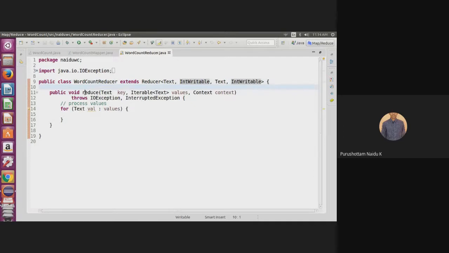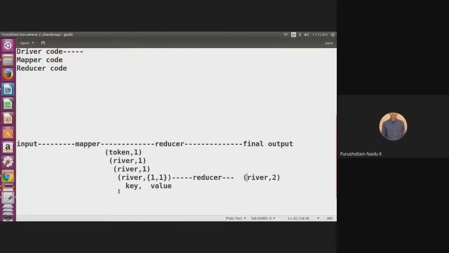Now coming back to the reducer class, we have the method called the reduce method. What does the text contain? The text is the key, which is called some token. And as we just discussed, the reducer input value can be taken as a set of values, that is Iterable values.